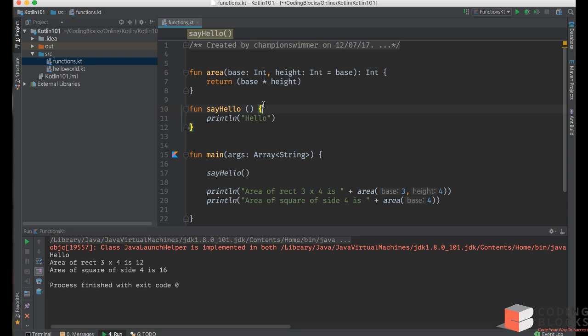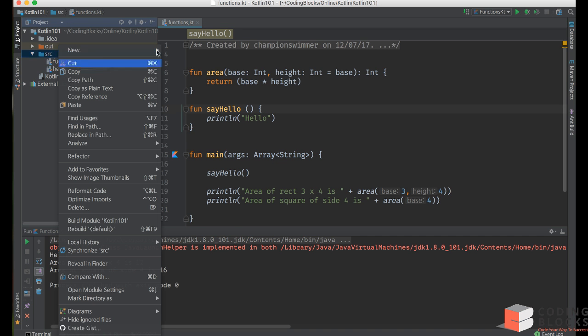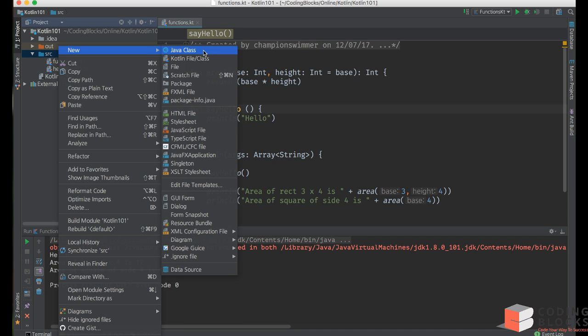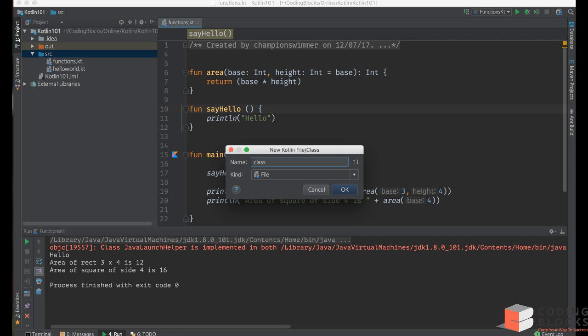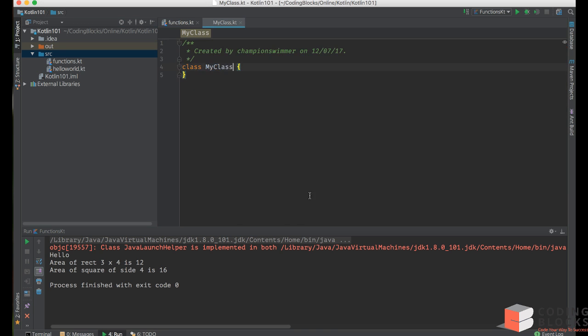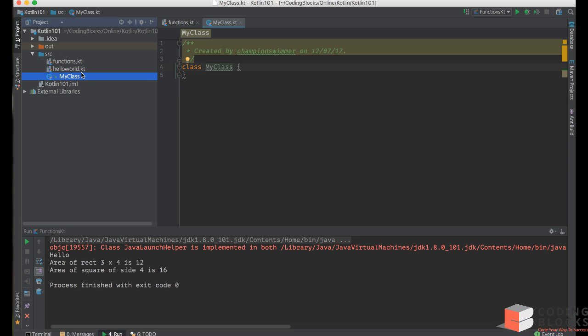So that's how functions work here. Now let's quickly take a look at how classes work in Kotlin. You can directly define a class like this. If you create a class, and when you're creating this, if you do it with the keyword class MyClass, okay, and a new MyClass